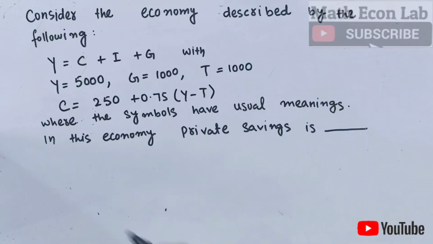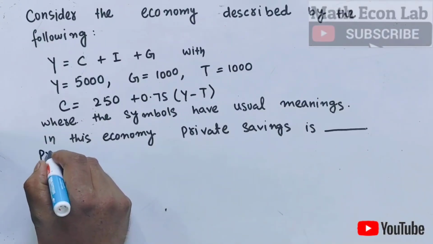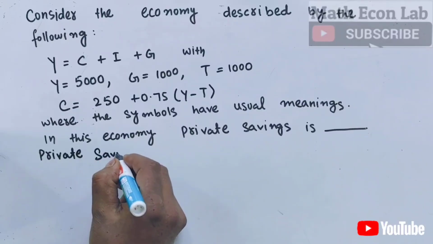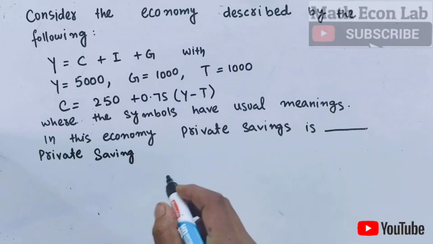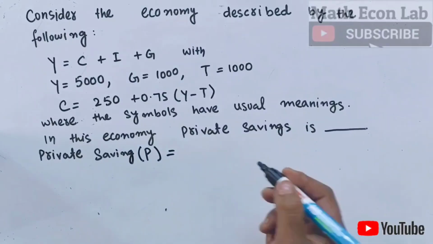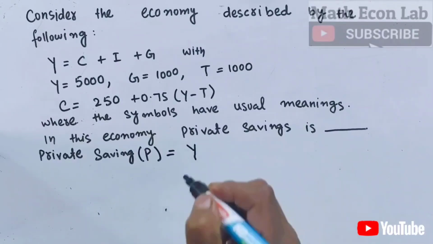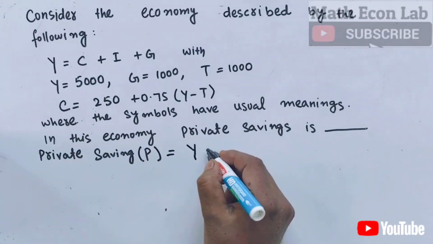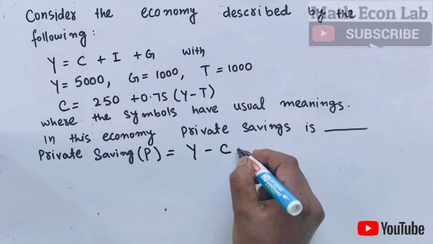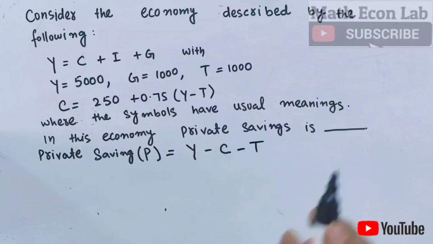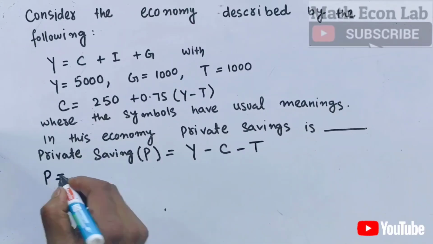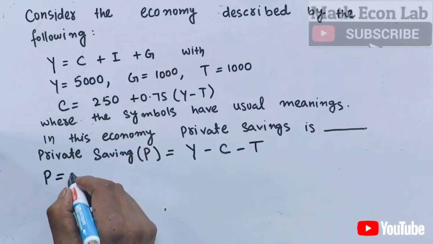Okay, so private savings, denoted by P in an economy, is given by total income minus the consumption expenditure minus the tax revenue. That means our P will be equal to, what is our total income, that is given to us as 5,000